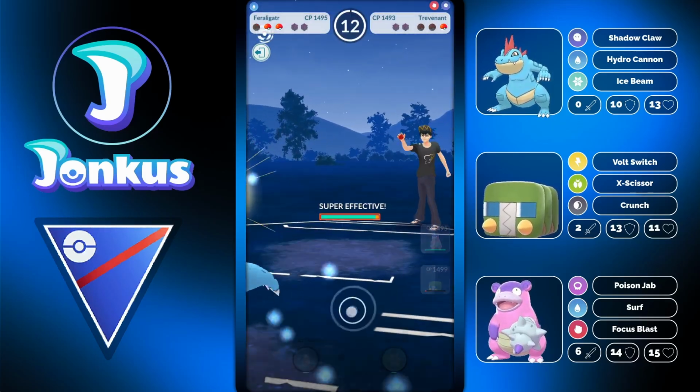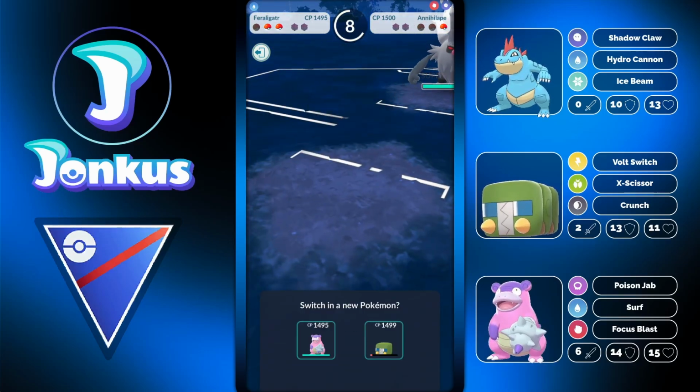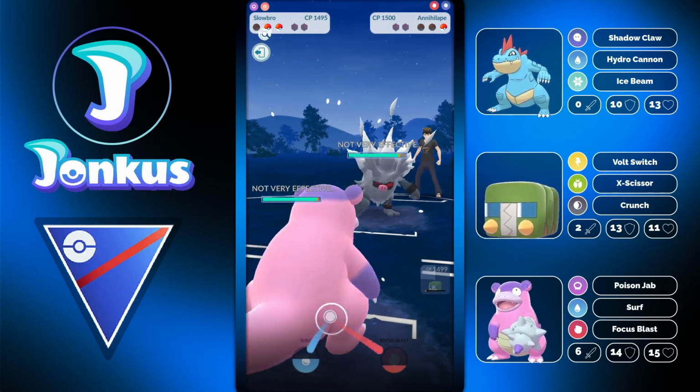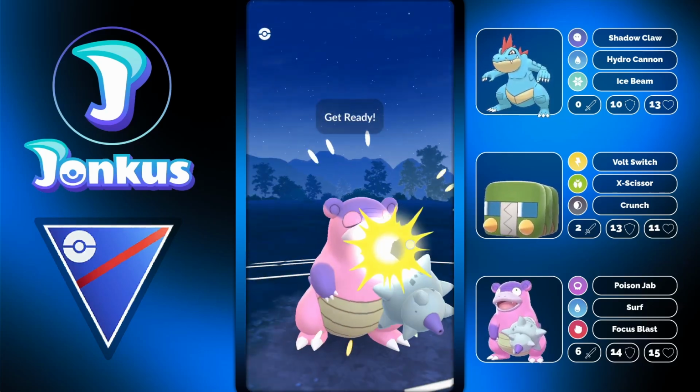What do they have there? It is going to be Annihilape. That is a bad matchup for Slowbro. Slowbro is going to go down to 1 Shadow Ball, and so my only hope is to get a catch done here. And as you can see here, the Switch Shocker is not up,